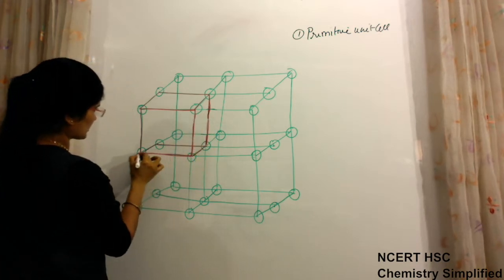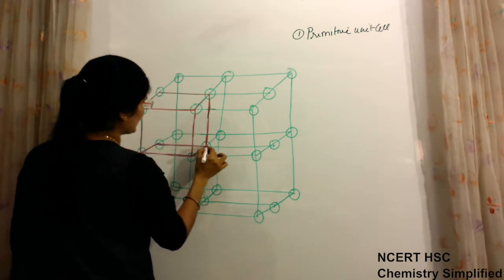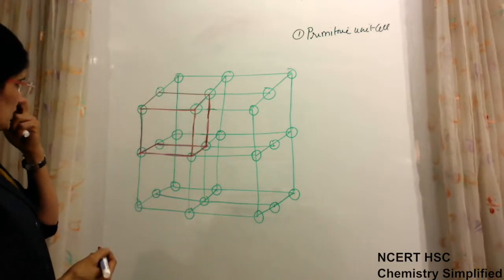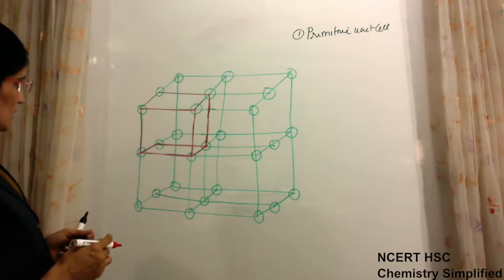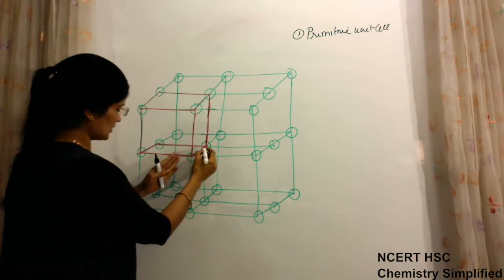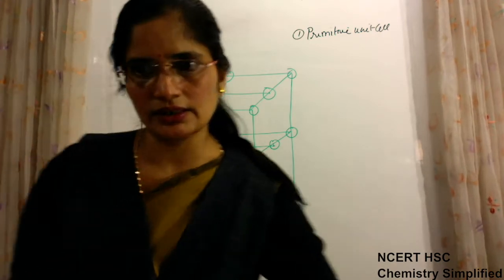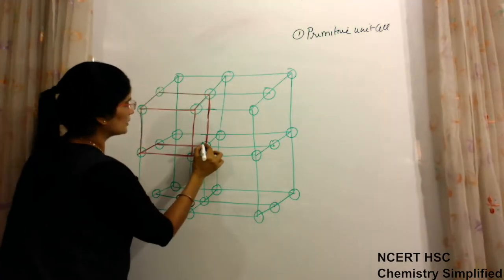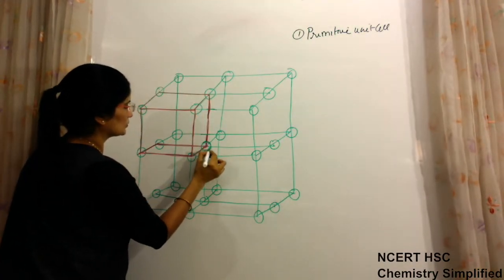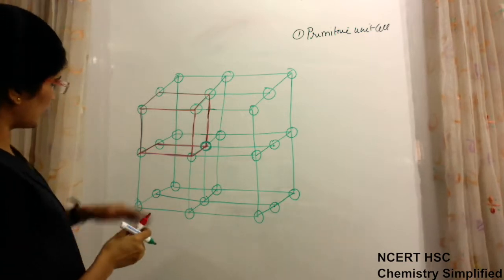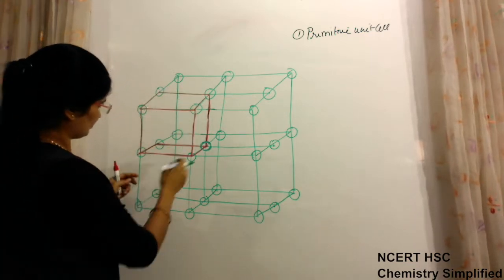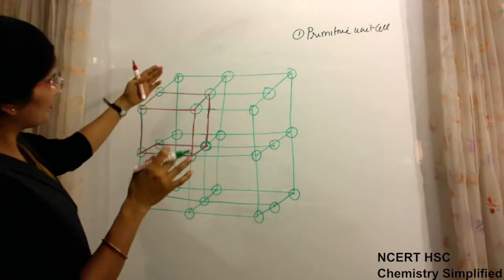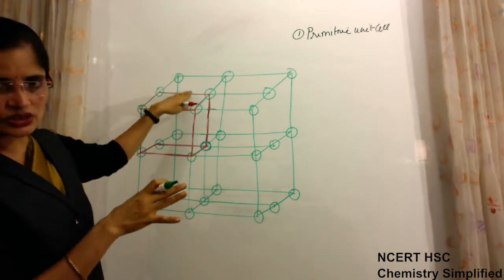Now this is a unit cell which we have highlighted with red color, and the rest of the whole crystal is in green color. So if we consider a particle, if you see this particle which is present here, okay, this particle. Now you see that this is a crystal. Inside this crystal, see in this layer, first you see the top layer.